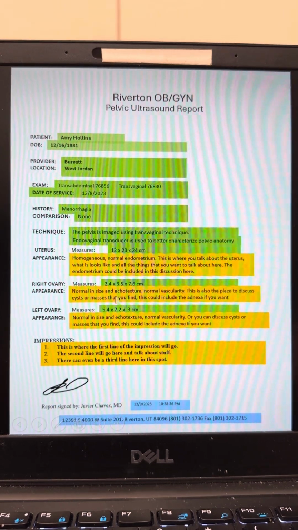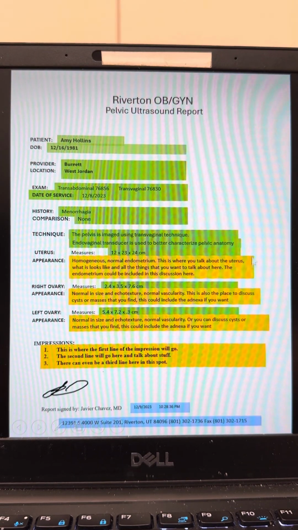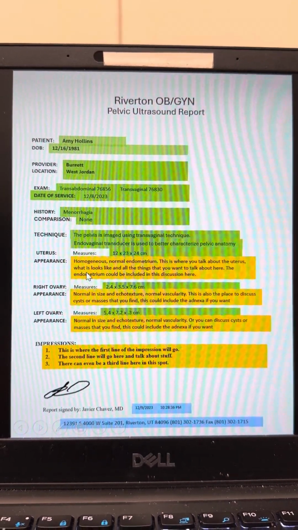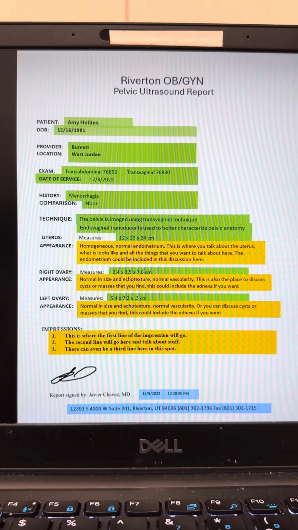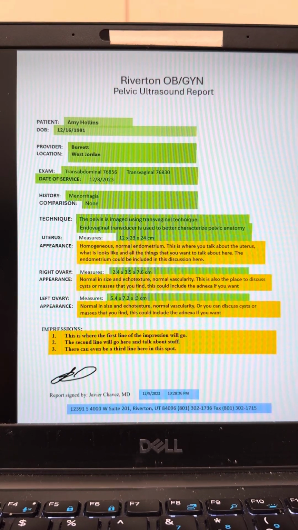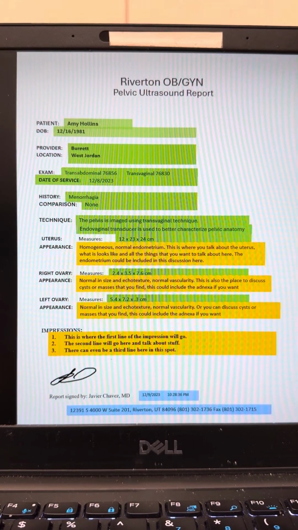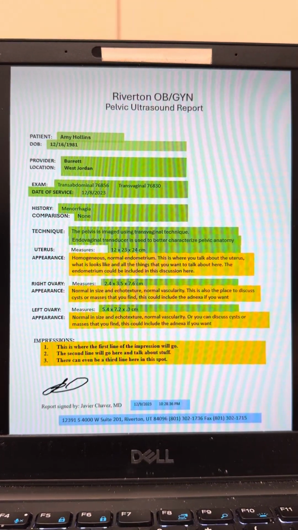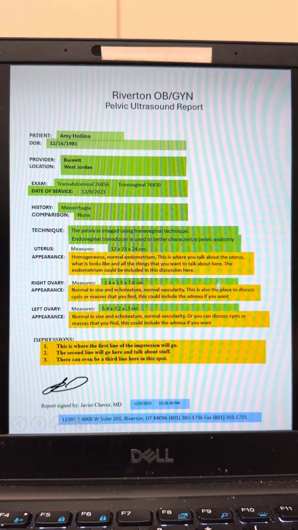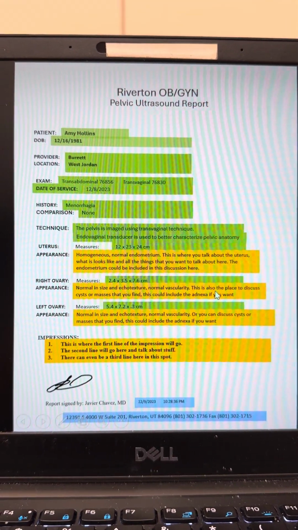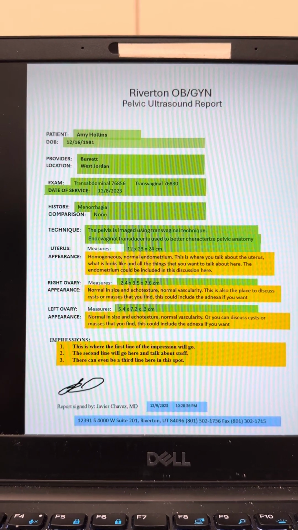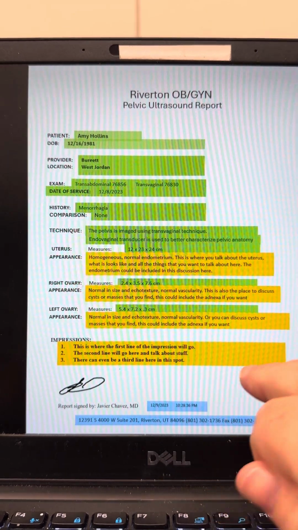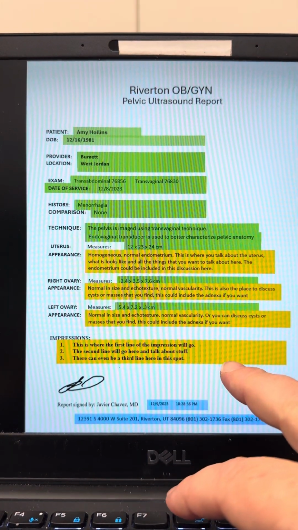I'd enter all the measurements, and then these would just be little text boxes where hopefully you could use your dictaphone, if that's what you're using, and say, you know, key in homogeneous normal endometrium. This is where you talk about the uterus, what it looks like, all these things. Then you push a tab, it'll take you to this second text box. You can dictaphone what you want to say, tab over to this third portion, tab over to this impression,